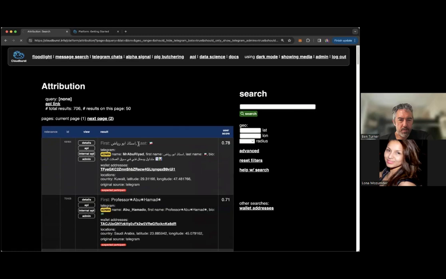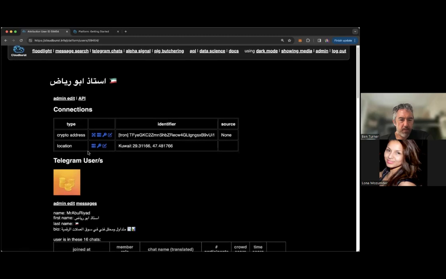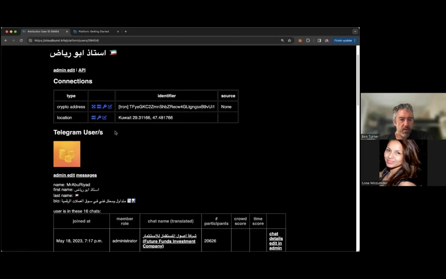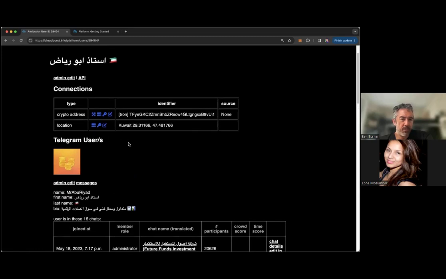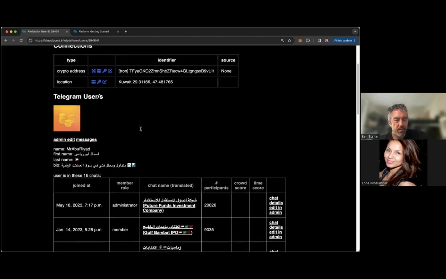If I were to go into the first result here for Rusted Abu Riyad, it looks like they have a Kuwaiti emoji. Any sort of identifier we have with regard to geolocation, we add a location that you can search for. So in this case, Kuwait. If we have a phone number, we do reverse lookups on the phone number and we can see that it might be in Kuwait, or an email address if it's a Kuwaiti domain, or an IP address if it belongs to a Kuwaiti company. You might get locations based on that information.